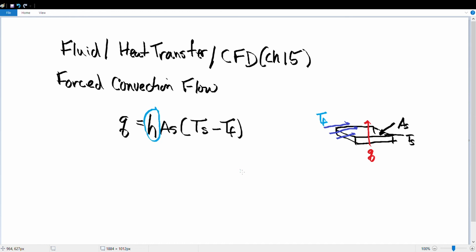If I told you the heat transfer coefficient ahead of time, and the temperature of the fluid coming in, and gave you everything except maybe one missing variable here,